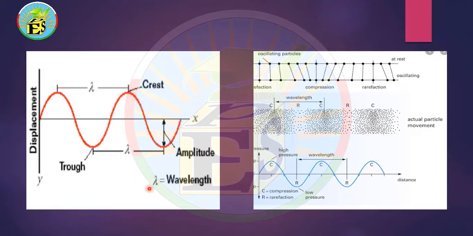It takes this symbol, the Greek letter lambda. We see that in a transverse wave the particles just move in a direction perpendicular to the wave motion direction. But in a longitudinal wave, the particles just move in the direction of the wave motion, and the distance between the centers of two consecutive compressions is called the wavelength, or between the centers of two consecutive rarefactions. This is a rarefaction and this is a